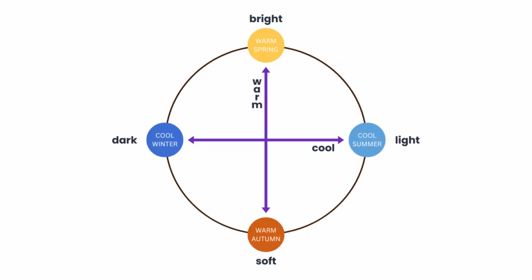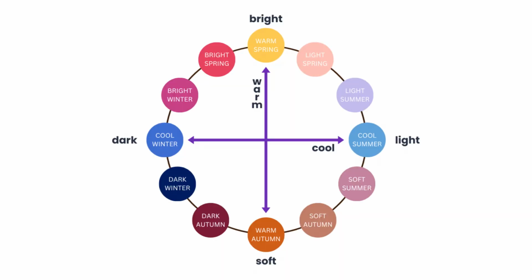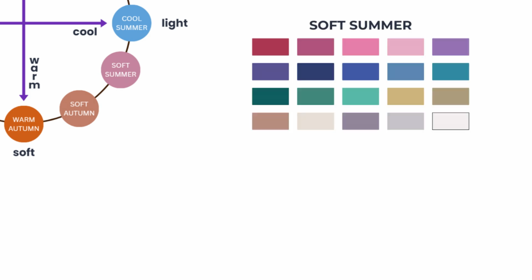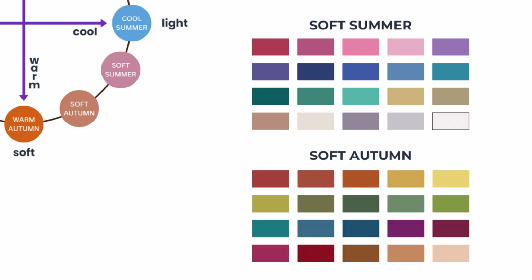We can see it happen gradually, and it's the same in color analysis. We don't use the basic 4-season system anymore, but the more precise 12-season system that recognizes nuanced differences between people's complexion and color features. And therefore, between cool summer and warm autumn, we have the seasons that are a mixture of the two. The soft summer palette contains predominantly cool summery colors with a hint of warmth, and soft autumn is composed mostly of warm autumnal colors with a hint of summer colors.